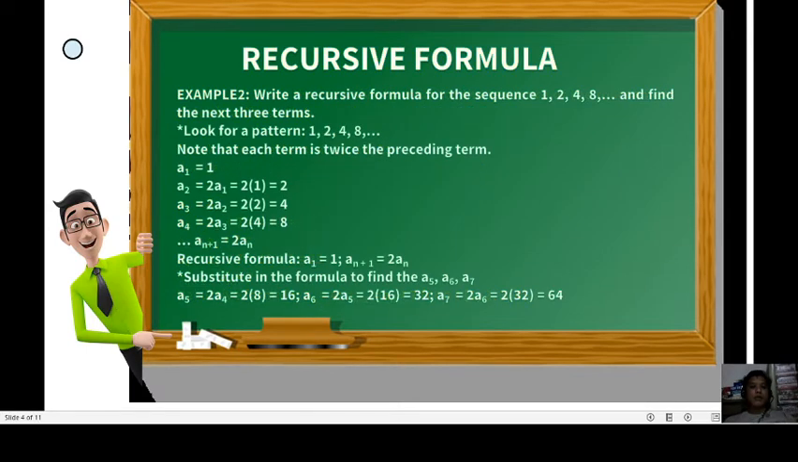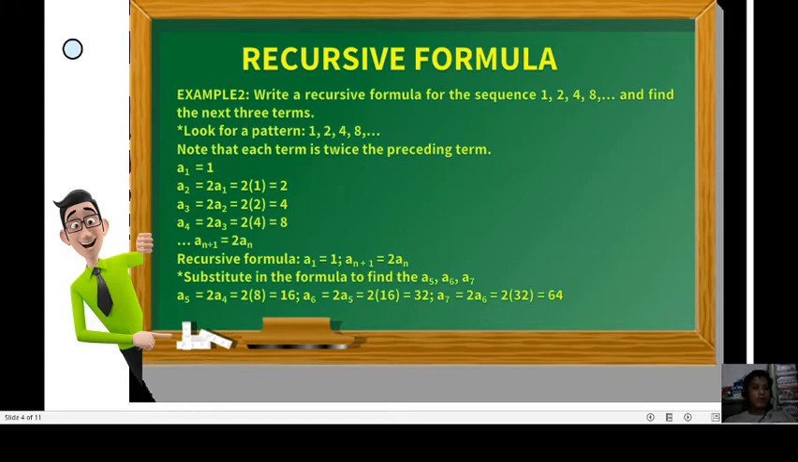Another example of a recursive formula. Write a recursive formula for the sequence 1, 2, 4, 8, and so on and so forth, and find the next 3 terms. Look for a pattern. 1, 2, 4, 8. Is there a common difference? As you can see, the first term